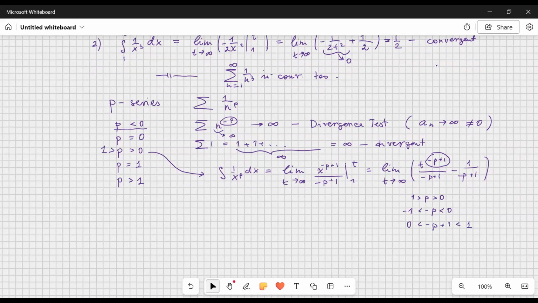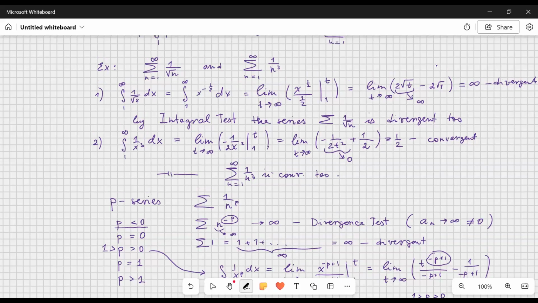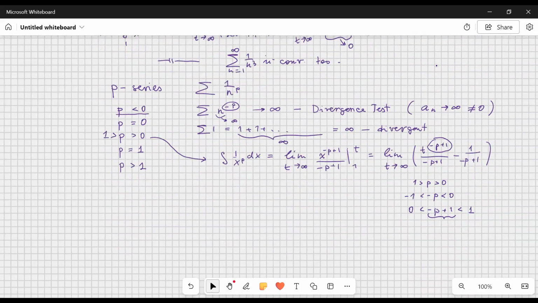So when p goes from 1 to 0, the power goes from 0 to 1. This means that the power of t is something like 0.5, like the case we had with a square root. And our integral was divergent because after you integrate it, it's going up and becoming a number going to infinity. So a positive power is going to give us a divergent